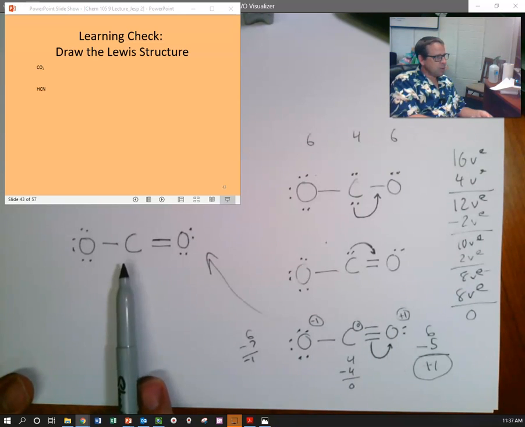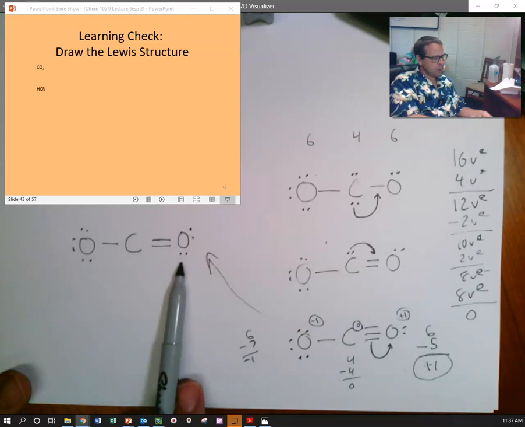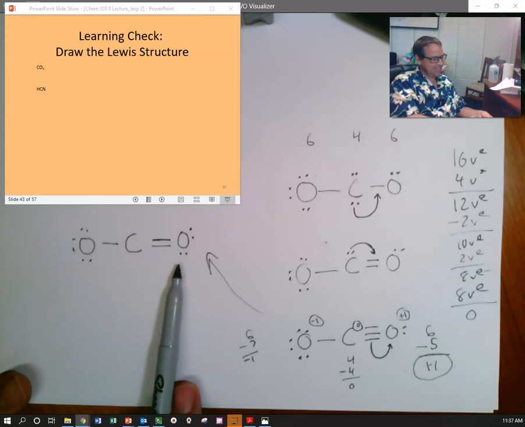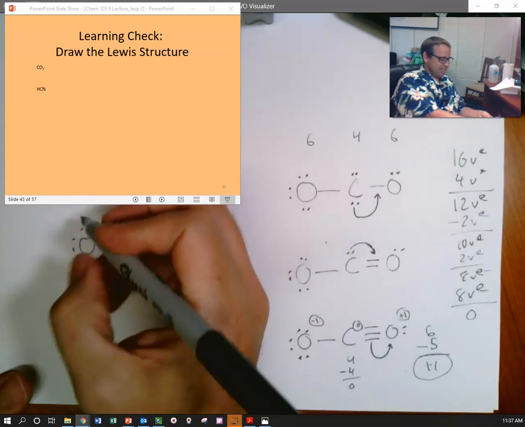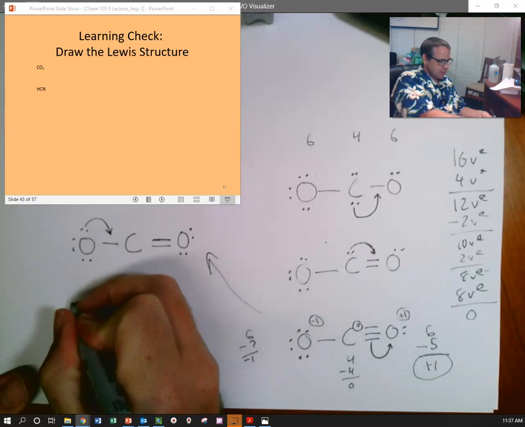Did we do anything wrong with this carbon, Anastasia? Is this carbon in a good place? Can we stop with this carbon, Anastasia? No. Because right now, carbon only has access to 6. So what can we do to bring in more electron density to the carbon? Should we bring these electrons back? No. Maybe 2 from the other oxygen. Very good. We bring in 2 from there, and then that gives us